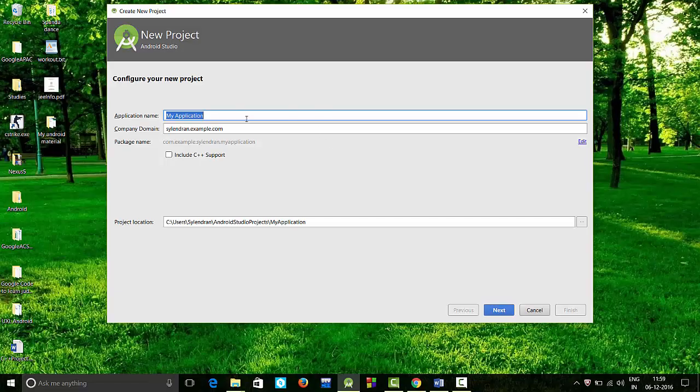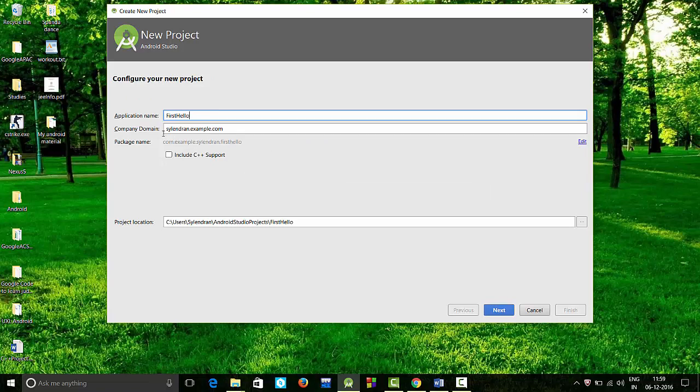Start by giving it an app name and a domain name. These are the two very important things that will be used to form the unique package name. Apps are distinguished on Play Store according to their unique package name. So if you own a domain, type in that, or give a random domain which is unlikely to collide with that of another developer. So let's just call it our first hello,